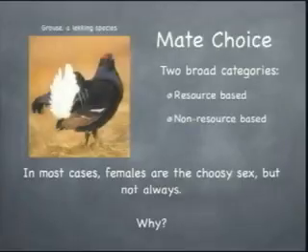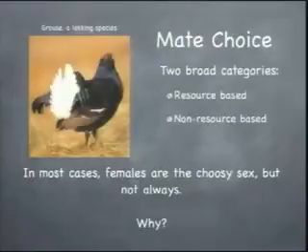So the next thing I want to talk about, so that's male-male competition. I think it's, I don't want to say obvious, but there are examples you're probably familiar with. Okay? The other type of sexual selection that occurs is mate choice. And it's almost always the females that are the choosy sex. So if you have a choice, you have to say, well, who's choosing, right? And the choosy sex is almost universally the female. Now there's two different broad categories I'll discuss: the resource-based explanations and non-resource-based explanations.